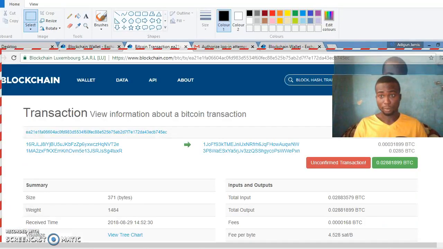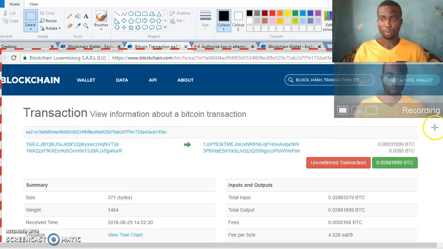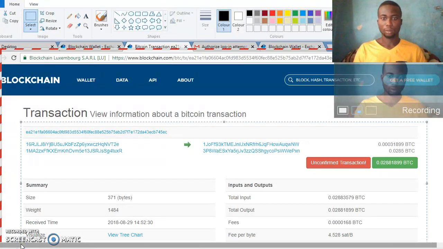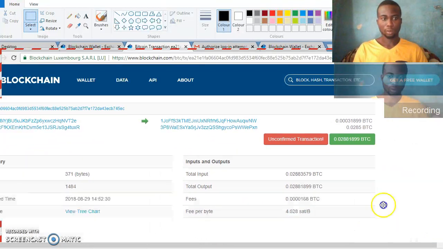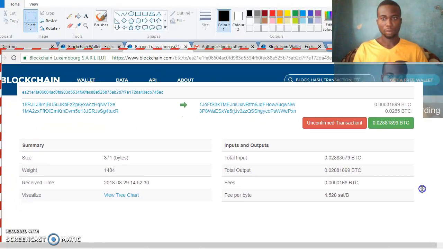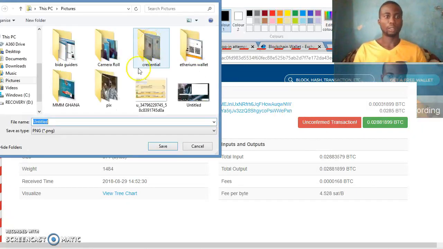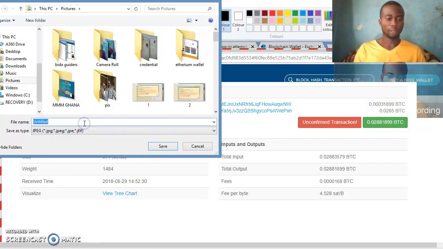Trying to crop. Then I'll save it in JPEG format, and I will just save my proof of payment.